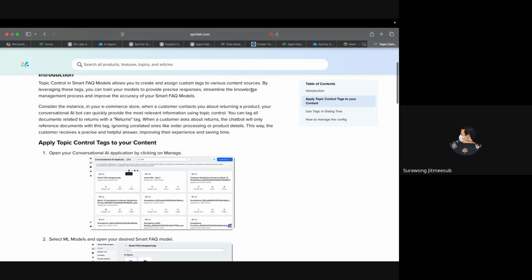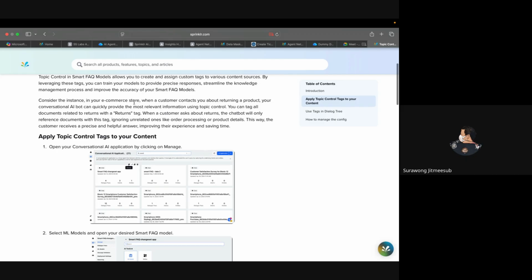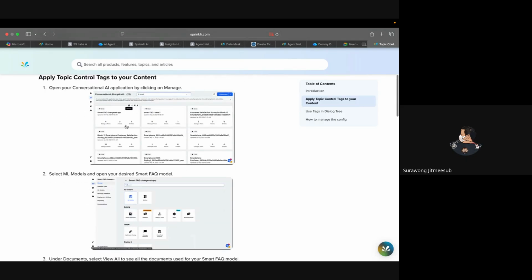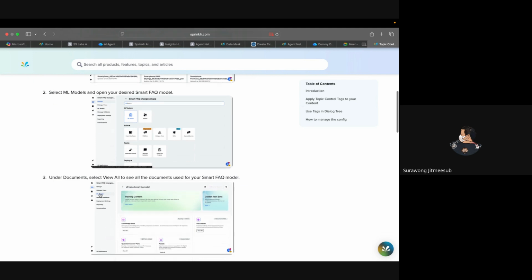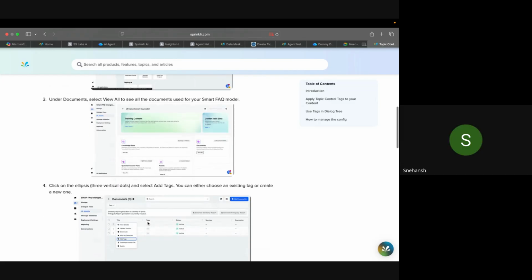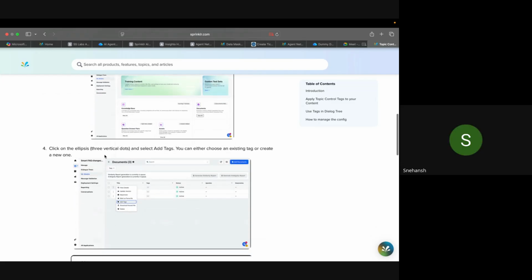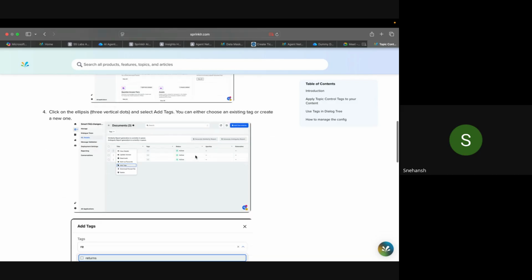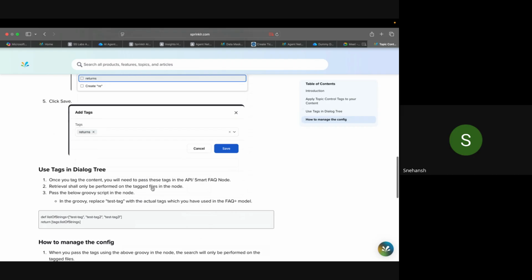You scroll down. Use tag in dialog tree. How to manage the config. Yeah, just coming there, I'm just reading everything. Select add tag. Here the new one. Done. Once you tag the content, you need to pass these tags in the